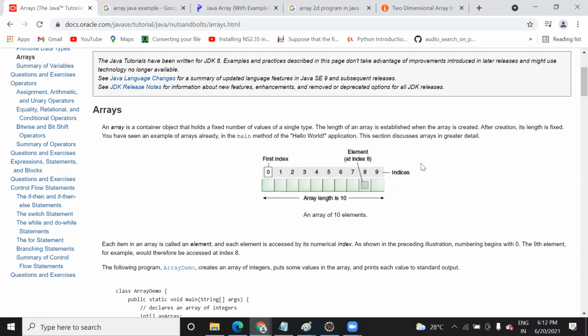Okay, is it clear till now? This index is just to represent the numbering of the cell. Suppose you save the data here.